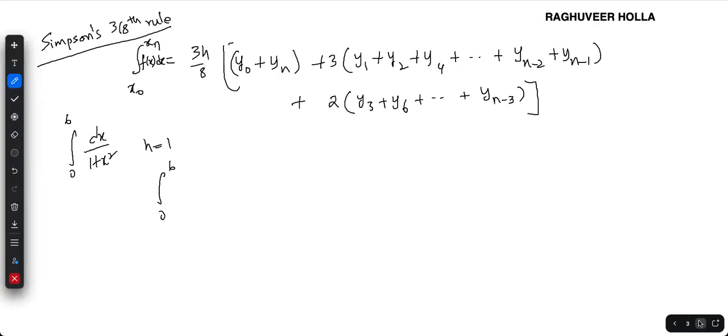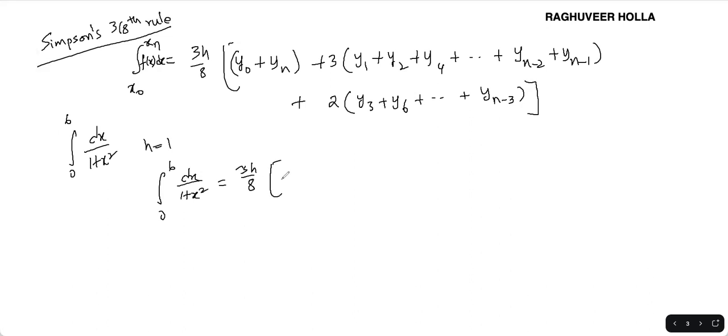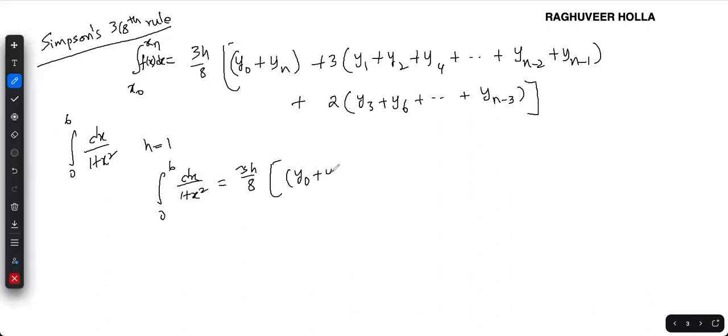So let us write down the formula. 3h by 8, y naught, y6 plus 3 times y1, y2, y4, y5 plus 2 times y3. So when you substitute all these values, so you get